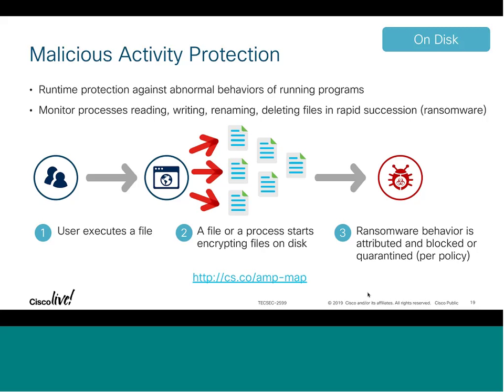So one of the things that people often note when they're evaluating AMP against one of its traditional desktop protection competitors is that AMP is fairly parsimonious with system resources once it's installed and operating. And obviously, the initial scan is a little bit heavyweight, but most of the time, AMP tries to minimize the load placed on the client, right? You do the hash calculation on the client, but then all of the lookups on the back end happen in the cloud. And the same thing happens with IOCs,